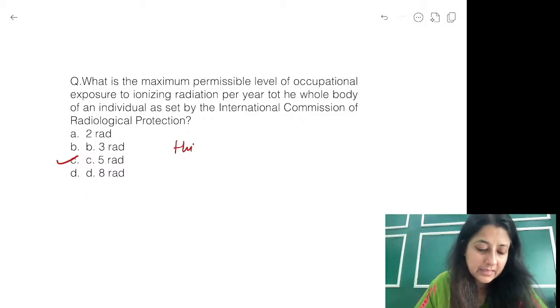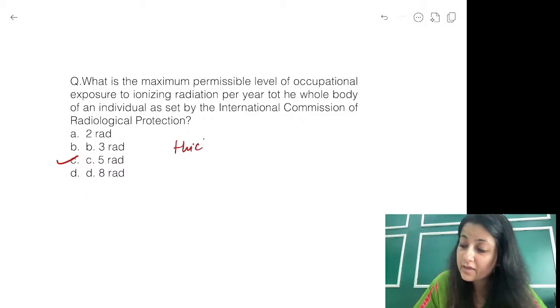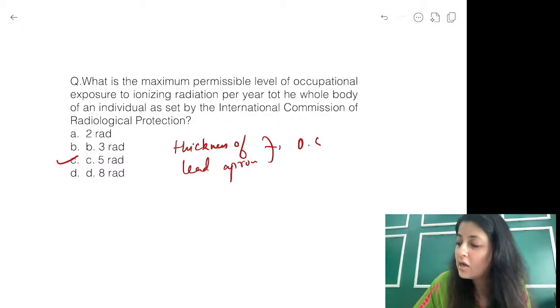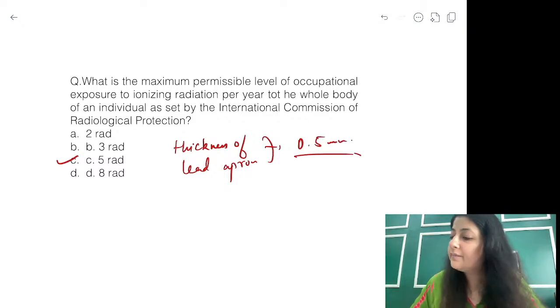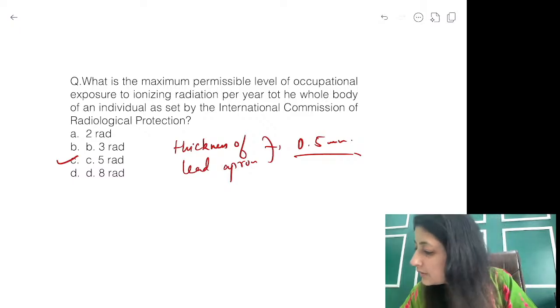Kunal has come up with an answer. Suhana with the unit. Always pay attention to the unit, otherwise we can end up making mistakes. Write and read the unit every time. 0.5 mm, alright, thickness of the lead apron. These two questions have come before, so I wanted to discuss it.